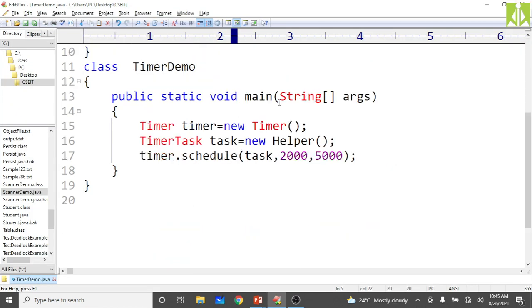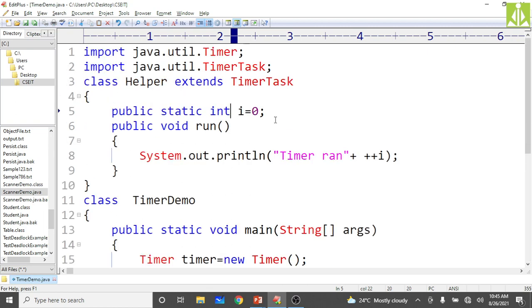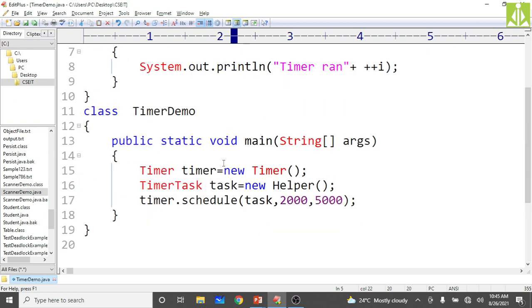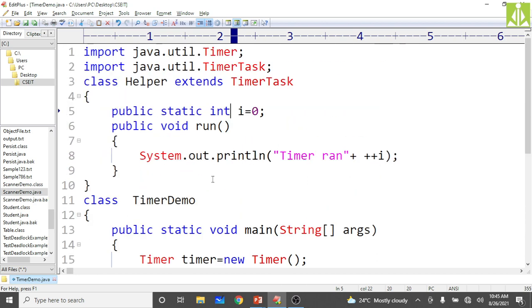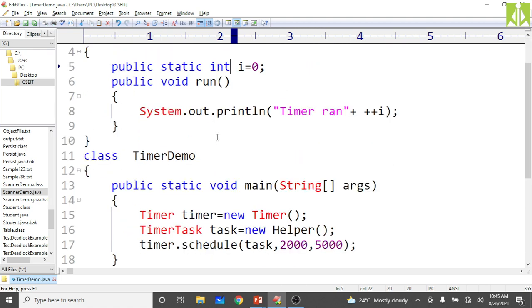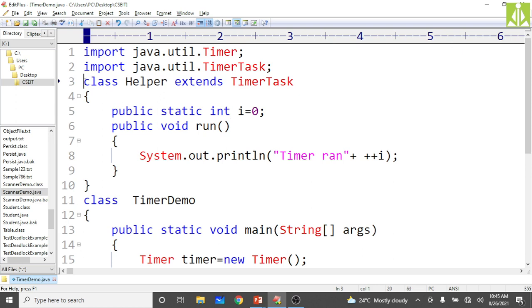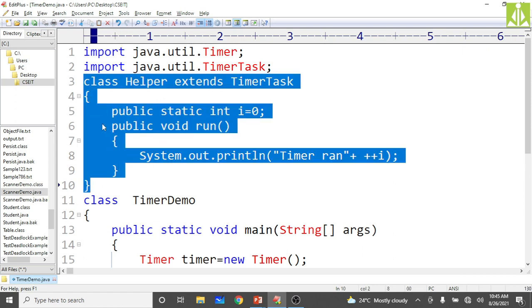This is an important program, and previously they asked this, using the Timer class to schedule a task. In this way you can simply implement the program using the Timer and TimerTask classes. Very easy program. We put one helper class, and in it we keep one task.